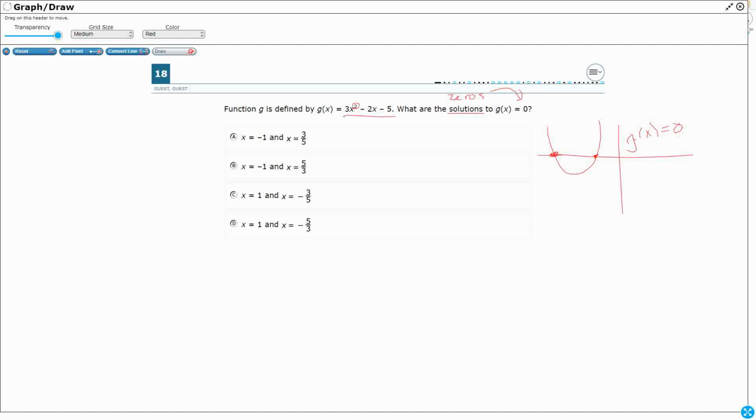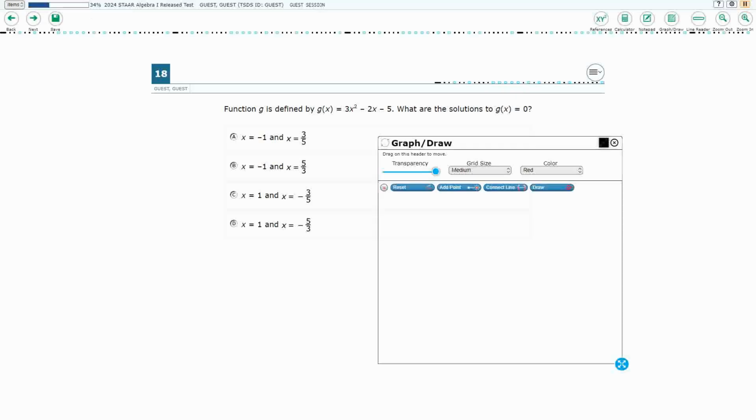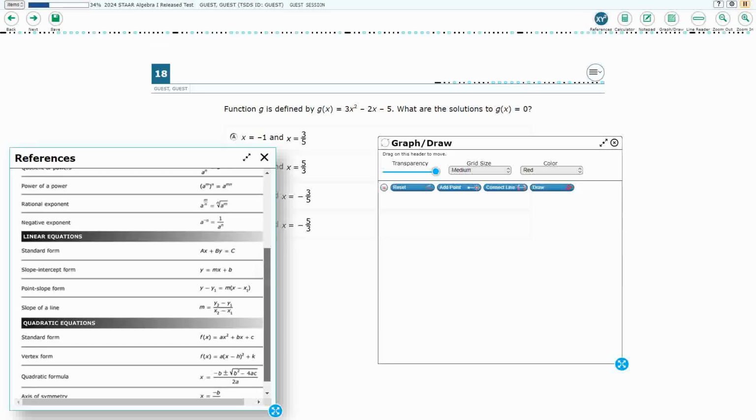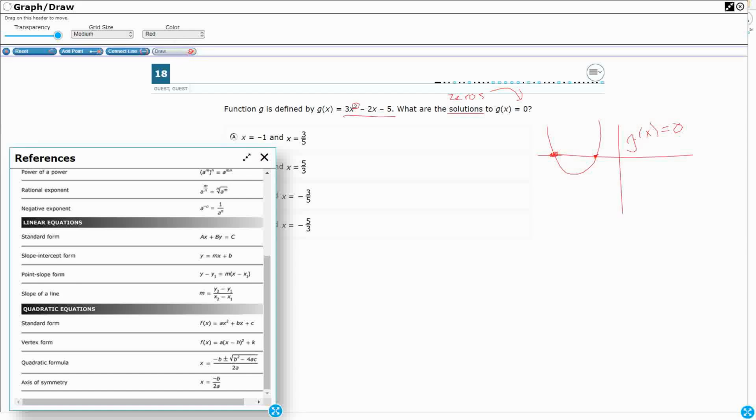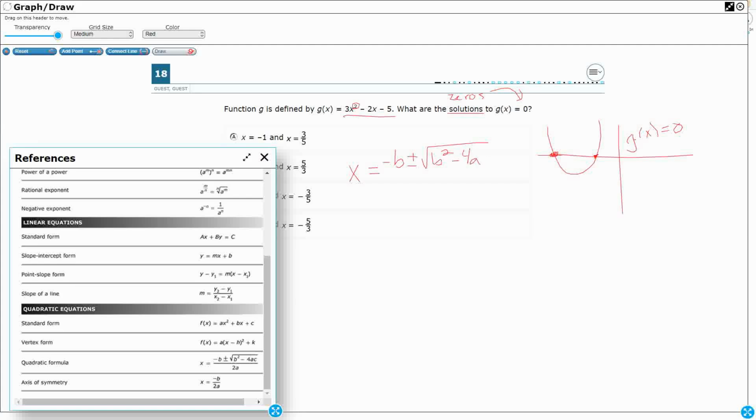Well, there are several ways that we could do this. We could factor, we can complete the square. For this video, let's use probably one of the most confusing formulas that we can use, the quadratic formula. It's hard to memorize, but if you can remember it, and in this case we have a reference material so we don't have to memorize it, it always works. So let's write this down. X equals, and I'm using my reference materials here, negative b plus or minus the square root of b squared minus 4ac